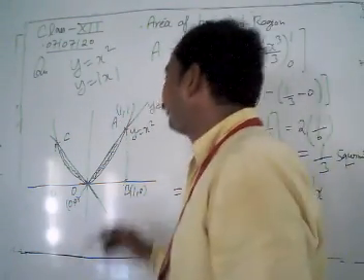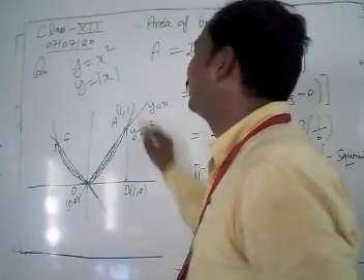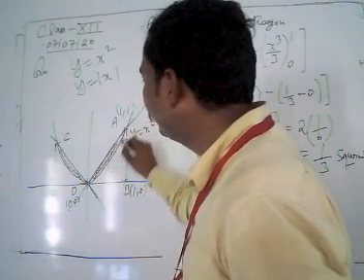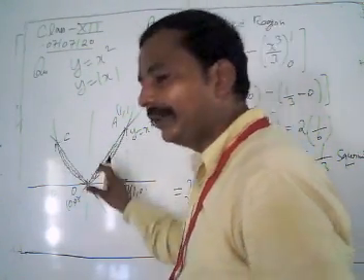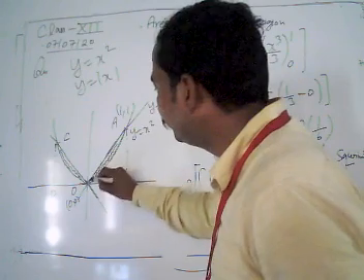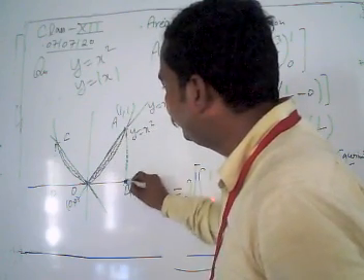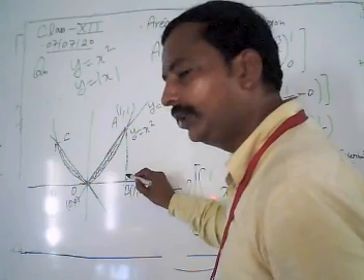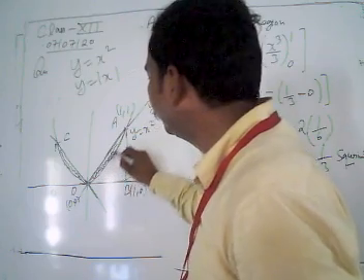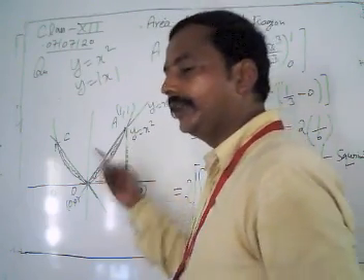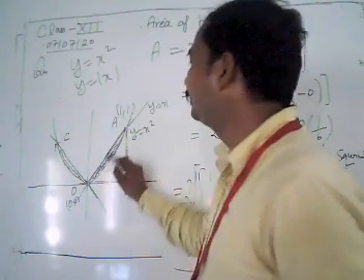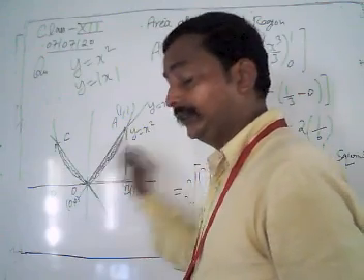Then how can we find it? First of all, we find the intersection point, putting y equal to x here. After getting the intersection point, we find this shaded region area, because using symmetry we just multiply by 2. Now how can we get this shaded area? First, the area made by the line between the region 0 to 1 using integration. Then between 0 to 1, the area made by the curve. When we subtract the area made by the curve, we get the area of the shaded region. Multiplying by 2, we get the area of both shaded regions.